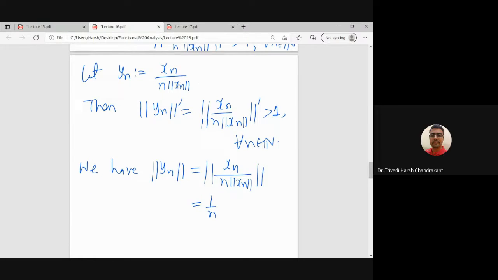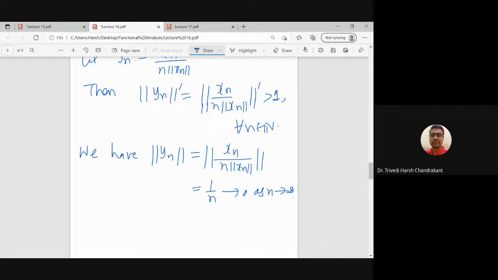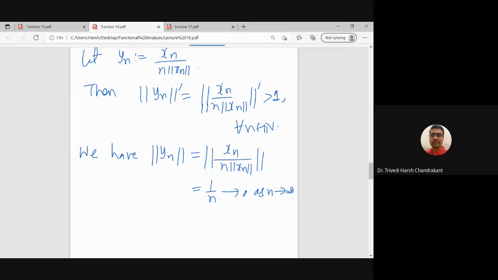So yn has norm 1 by n that converges to 0 as n approaches infinity. Right. So what we got is yn converges to 0 in the first norm,